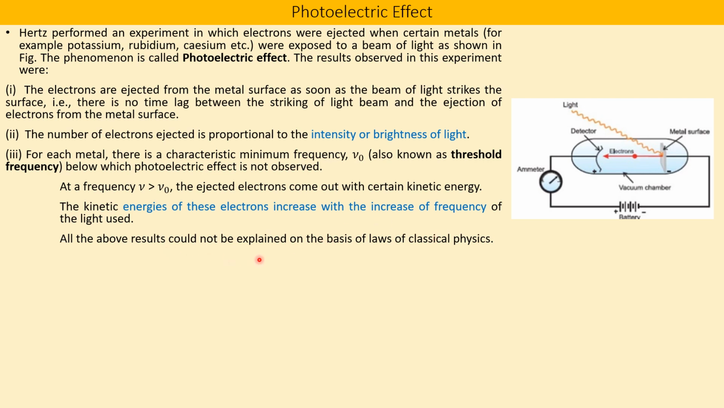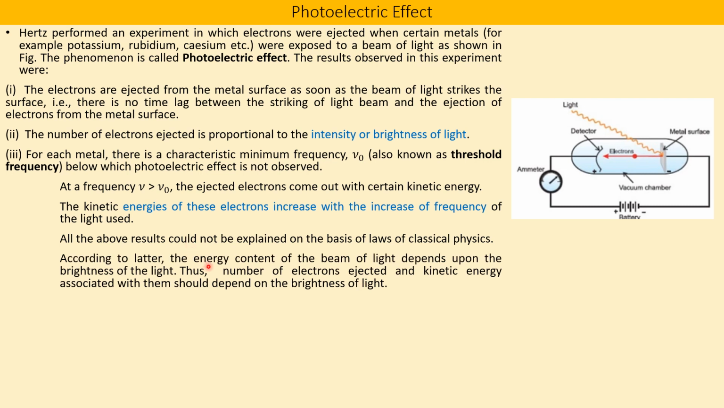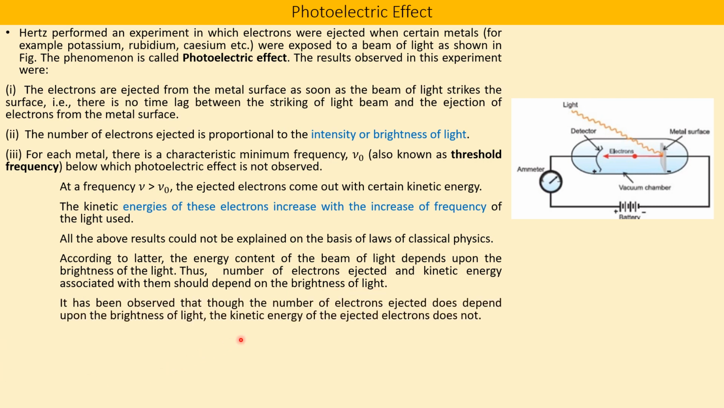All the above results could not be explained on the basis of classical physics. According to classical physics, the energy content of the beam of light depends on the brightness of light. Thus, the number of electrons ejected and the kinetic energy associated with them should depend on the brightness of light. It has been observed that though the number of electrons ejected depends on the brightness of light, the kinetic energy of ejected electrons does not. So the kinetic energy does not depend